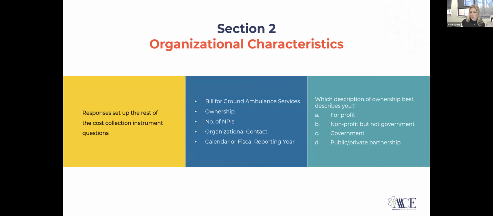They're going to ask for an organizational contact. So once they receive the data, if they have questions or they need to reach out to you, make sure this is a person that's familiar with the data that was submitted and can assist the caller with their inquiries. You don't want to put somebody's contact info here who doesn't even know that you had to submit or doesn't even know who to reach out to for additional clarification. And then they also just ask again here, are you reporting based on a calendar or a fiscal year?